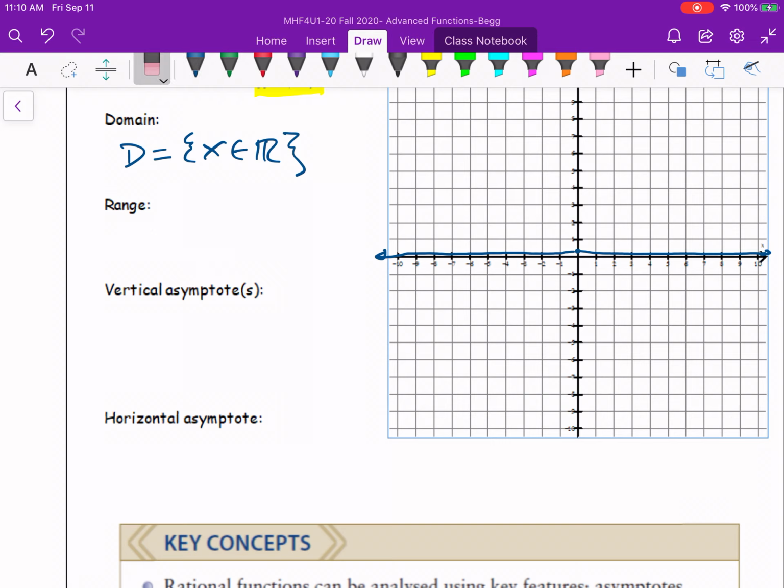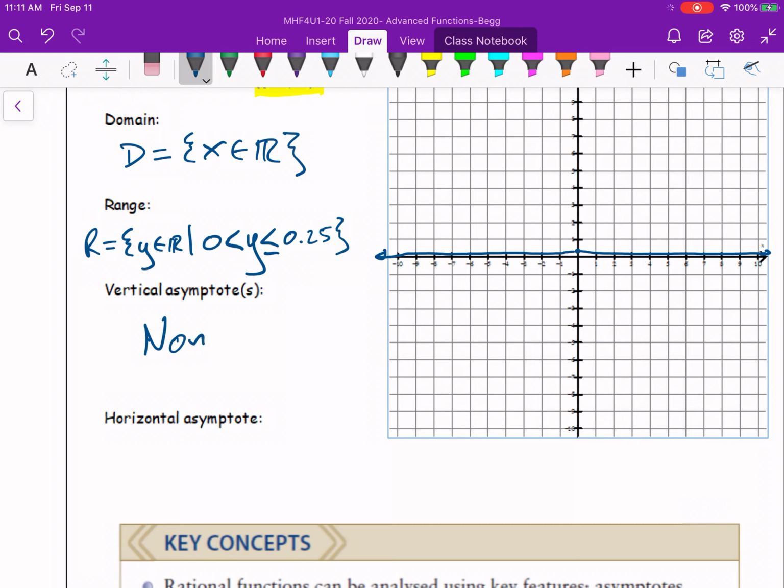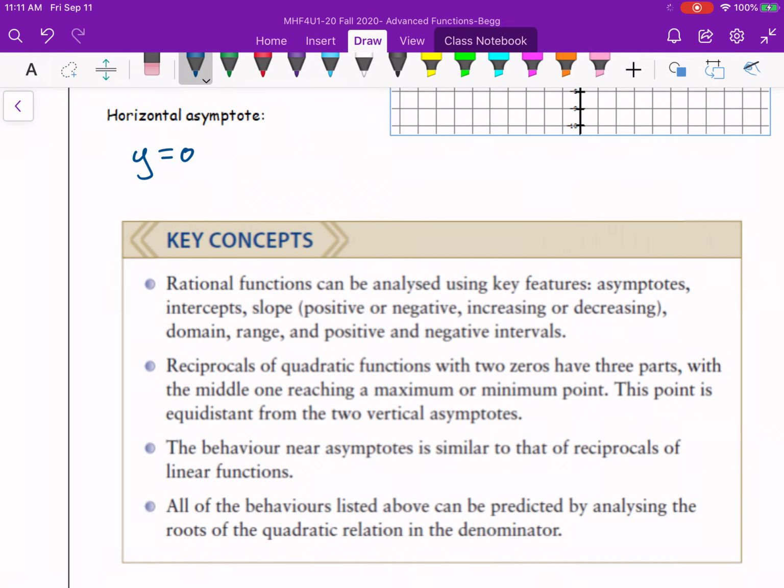In fact, let me give myself a little more room for my restriction. I'll back it up a bit. Y is all real numbers, but it's between 0 as my lowest point. It's got to be greater than 0, can't include 0, and it's got to be less than or equal to 0.25. We saw that was the highest that the range went. Vertical asymptotes, none, right? No vertical asymptotes. Horizontal asymptote, yes. Y equals 0. Some key concepts. Read those over for a nice